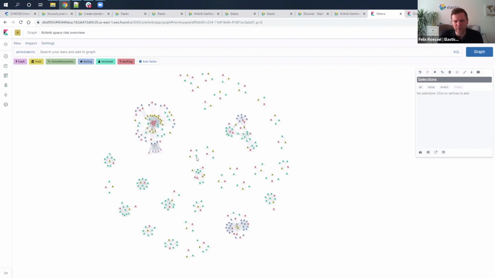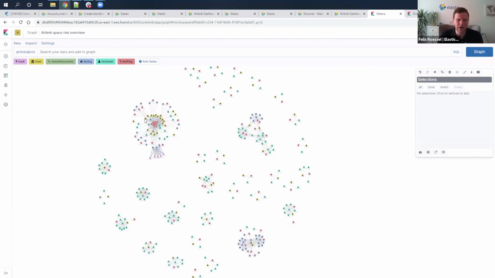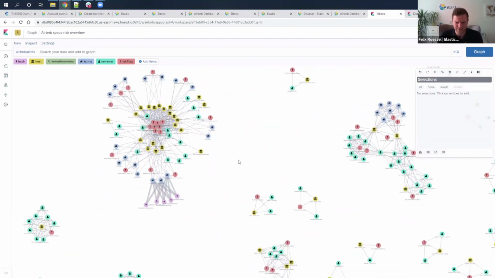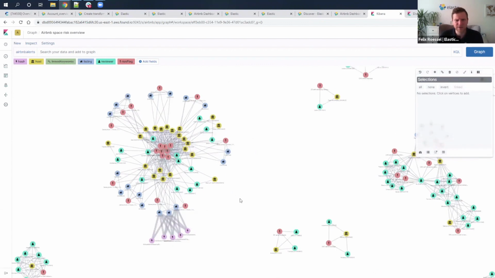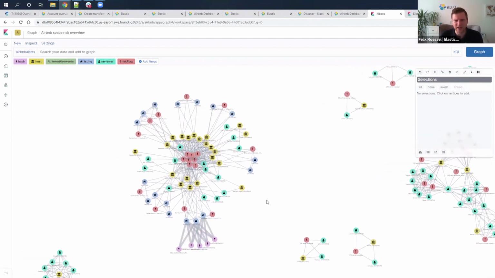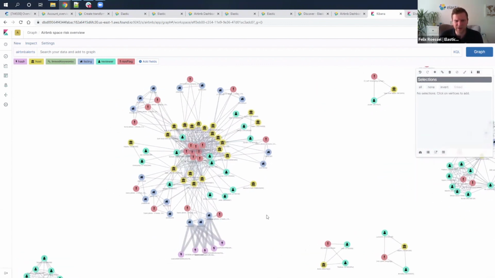So for Airbnb and also for other things, it could be that there is a risk indicator, but it's not really a risk or a fraudster. But there are others, like this big net here or this big net here, where things look more problematic because we have a collection of risk indicators in one single cluster. And if we now have a look at this big ego net here, we see many different things happening with this specific